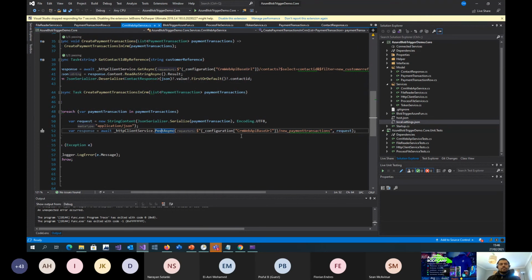to post it into Dynamics. And like I said, this is post. So you have the new payment transaction. This is the entity name in Dynamics, and this is the URL. So you're posting to that. Now, if I go inside this method,